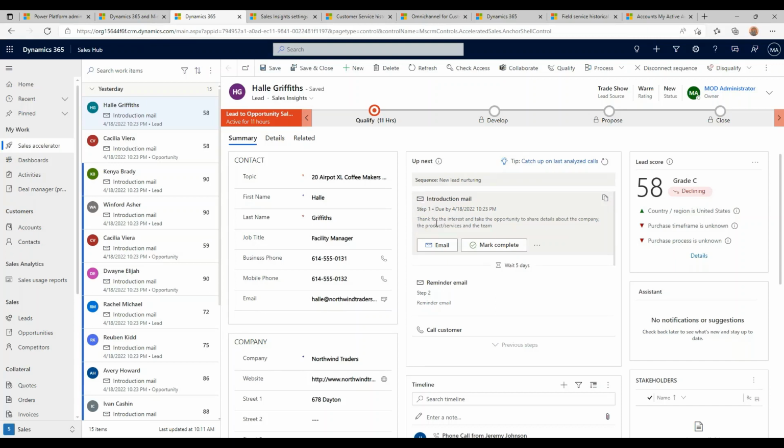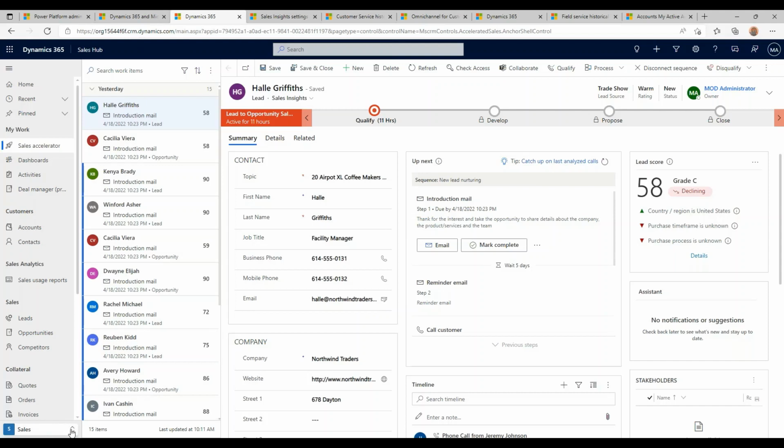So I need to go in as a seller, complete that task, mark it complete, and then you can see I've got a wait condition come in there to send another reminder email if necessary as well. So all of this is created through the Sales Accelerator by building out those segments, sequences, and ultimately assignment rules as well. So let's go into the back end and take a